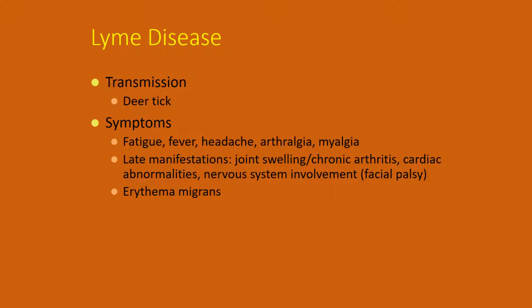So Lyme, I think everybody in the world has some familiarity with Lyme disease at this point. We all know it's the deer tick. We know that the Ixodes scapularis tick is often very difficult to identify with absolute certainty. It's a very small black-legged tick. However, there are other small black-legged ticks in the Ixodes family. The squirrel tick, the fox tick, those other ticks are essentially identical in gross appearance. You have to look at them under the microscope to really be sure that it's an Ixodes scapularis.